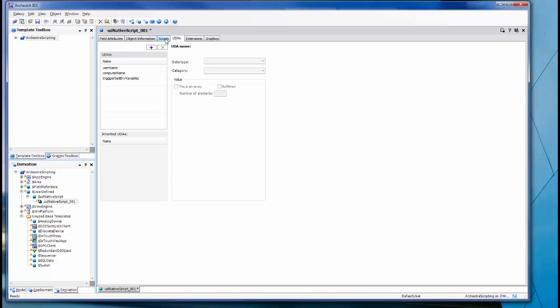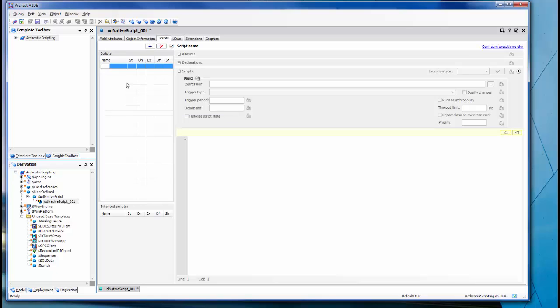Alright, the next thing we'll do is go to the scripts, and we're going to create a script, and the script is going to be called get env variables. Okay, and this is going to be an execution script, and the expression is going to be me.trigger get env variables. Alright, so now whenever the trigger get environment variables boolean goes true, it's going to execute